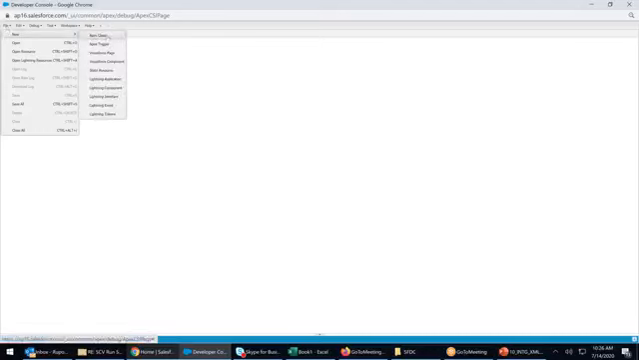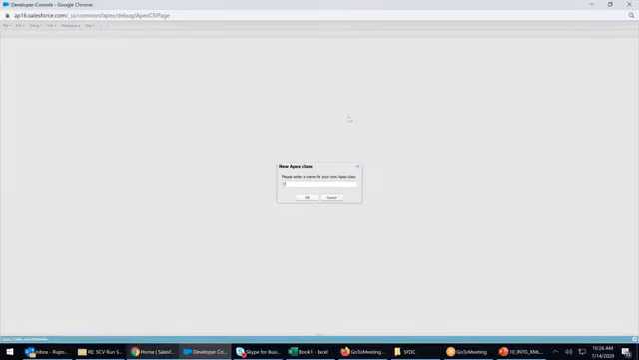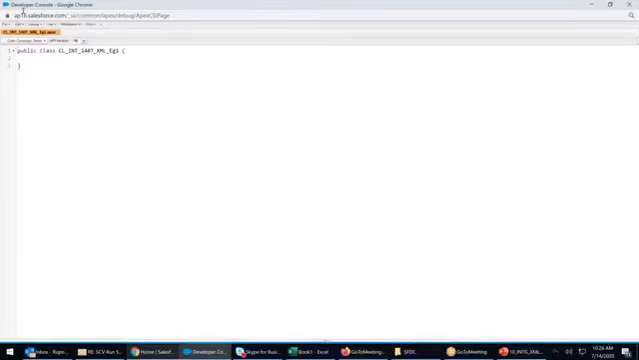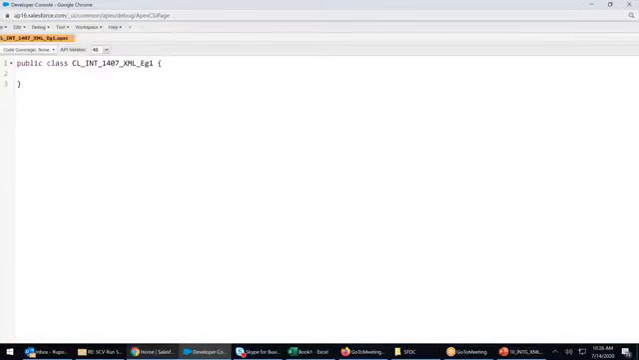File, new, Apex class. CL_1407_XML_EG1. That's my class name, right? I'll increase the font a little. I'm zooming in so that you can see it clearly. This is how the class looks, public class. Now inside this,